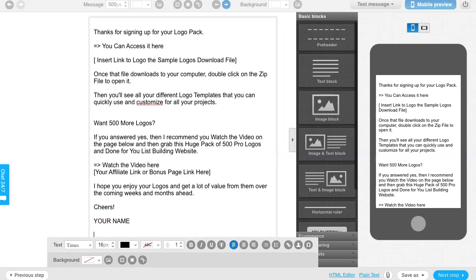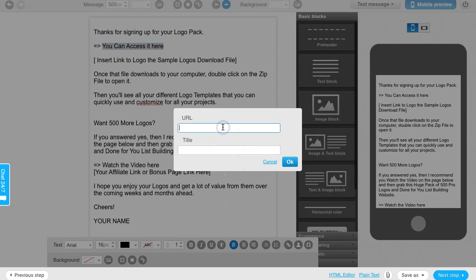Perfect. Now what you're going to want to do is edit it accordingly. Okay, so for example, whatever your free gift is, you're going to want to be putting in the download link here. Now we will have a look at this in more detail in a while, but for example, if your download link was, for example, google.com,